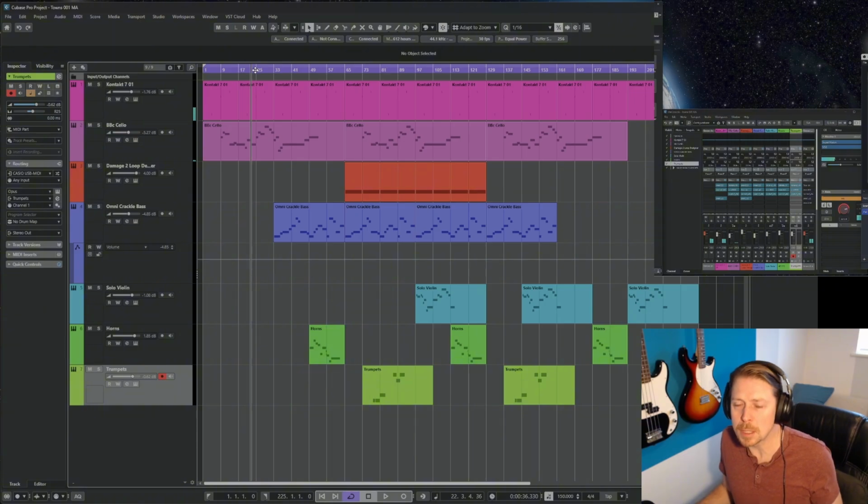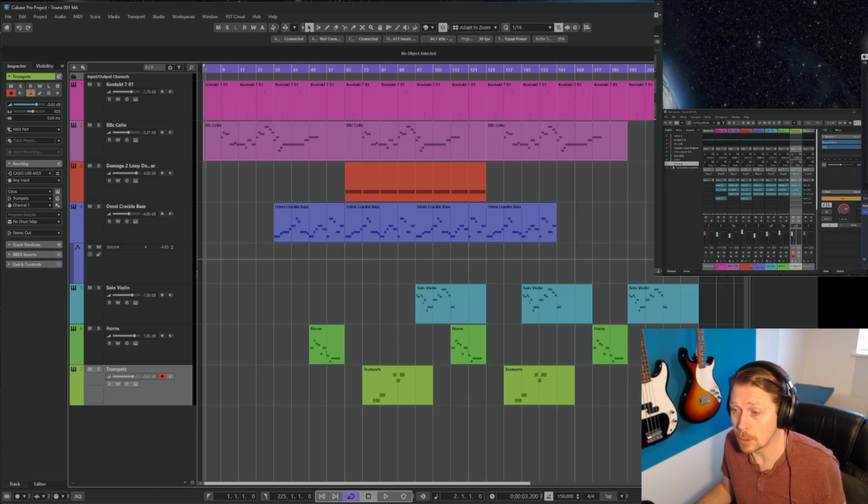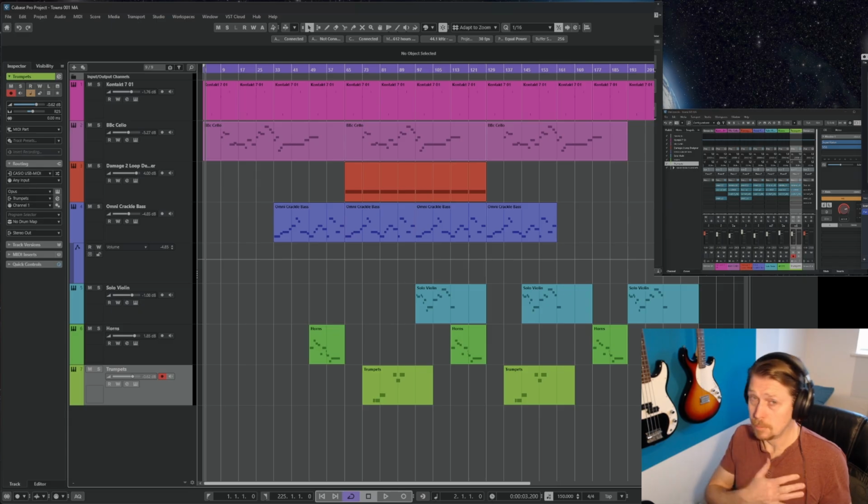So when I mix this, I might bring the cello up a little bit because that clock sound is a little bit heavy at the moment. But what I've planned to do is have the clock starting it and the clock finishing it, right? So you'd get